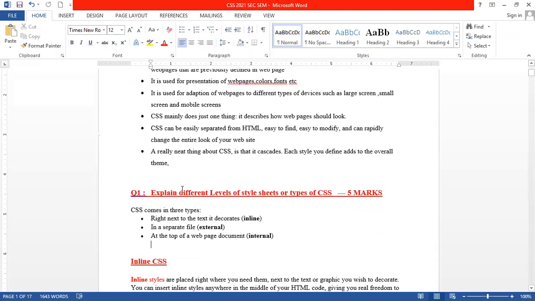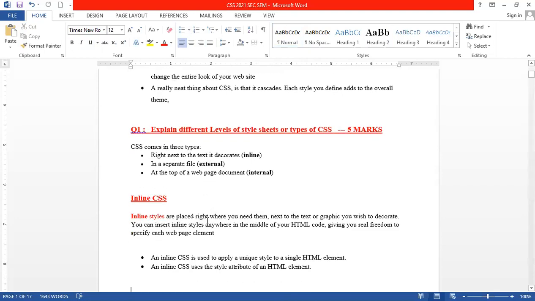As I told you, unit 1 I will consider as 2 assignments. Okay, assignment number 1 and number 2 will be covered from unit number 1 because there are 40 questions. So this will be your assignment number 3, right? Second unit, assignment number 3. So here explain different levels of style sheets, or they may also ask you to explain different types of style sheets, right? So the first one that we are seeing is what? Inline. So you can write this explanation for inline as I have told you.